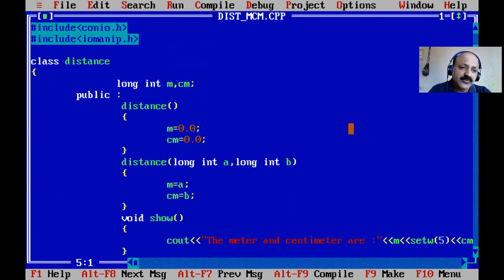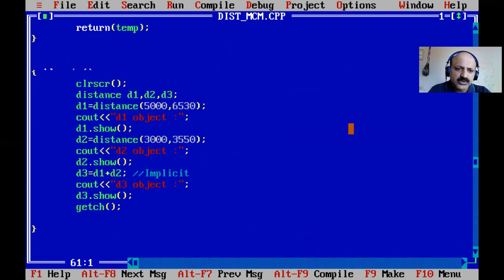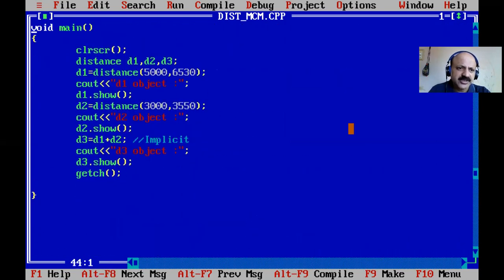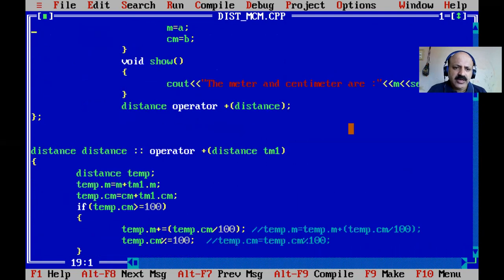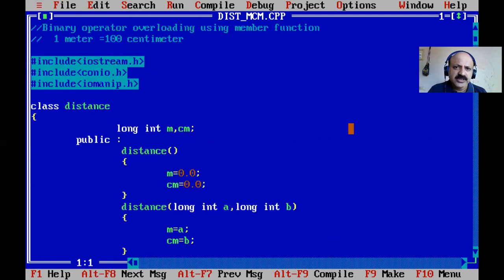Also, if you take the float data type, there is the fmod function in the math library that takes the float remainder, which is also possible. Okay, so you can also use that, but here we finish because it is very simple. We will not make this session long because it is very simple: binary operator overloading using a member function, with meter and centimeter.